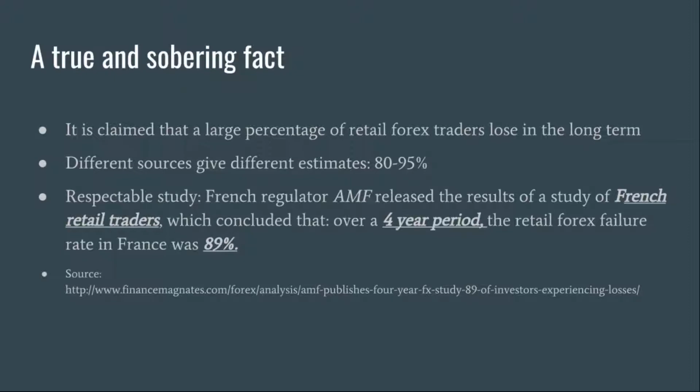So we go from this to straight to these are just some things that I'd like to put out there and lay a foundation before I get into what I do. I want to present a couple things that I wish I had seen when I started. So for the newer traders or traders who are learning, a true and sobering fact is that you must have heard it, something like 95% of Forex traders basically go broke or lose money, and I like empirical and scientific evidence, so a proper statistical study. So one that I have seen is the...